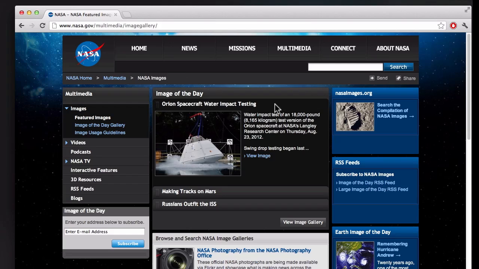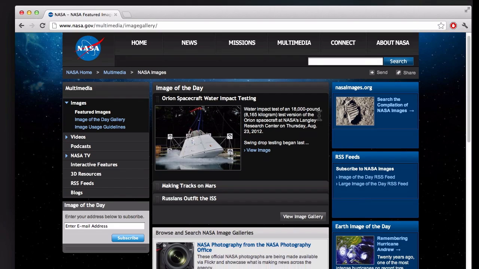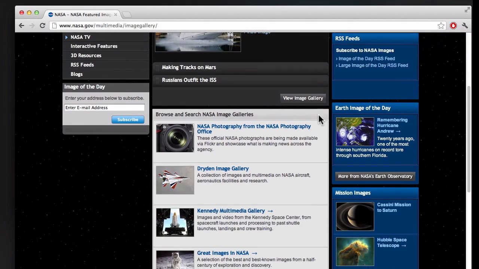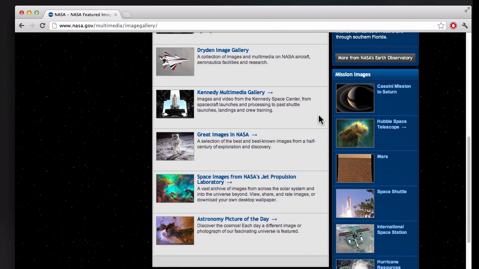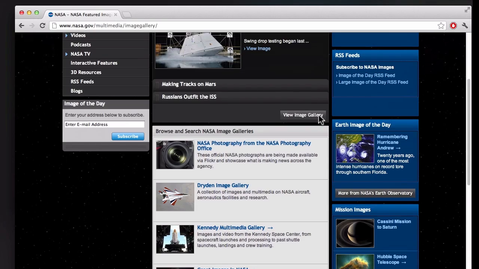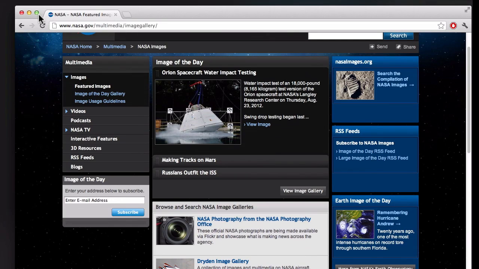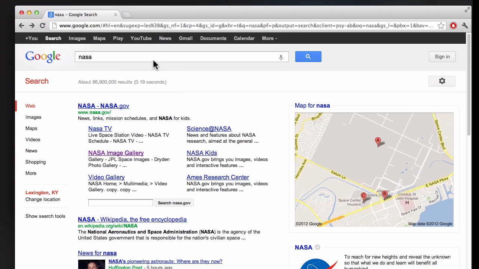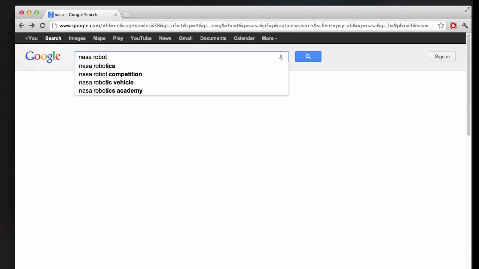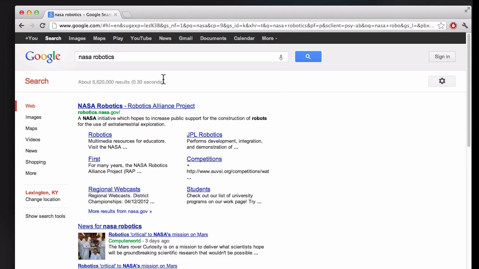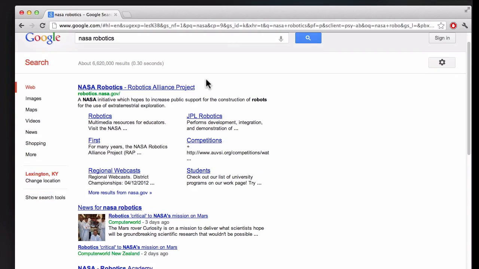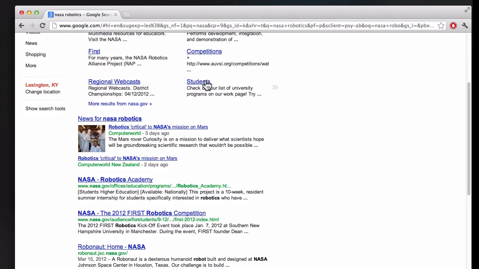There's some pictures of a spacecraft being tested, some kind of aircraft. There's the space shuttle. I don't see anything here about robots. And this is the problem with a search where you only use one search term. So really, when you're trying to do searches, look at what Google suggests, but also use multiple search terms. That's going to be the trick to effective searching on the internet, using multiple terms and changing those terms